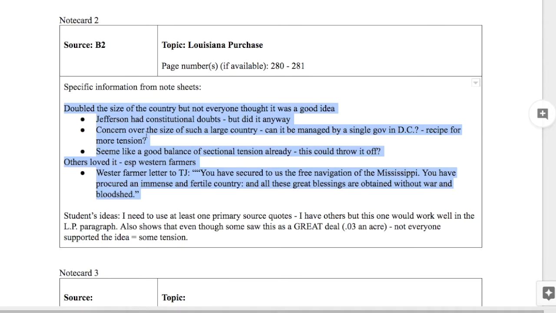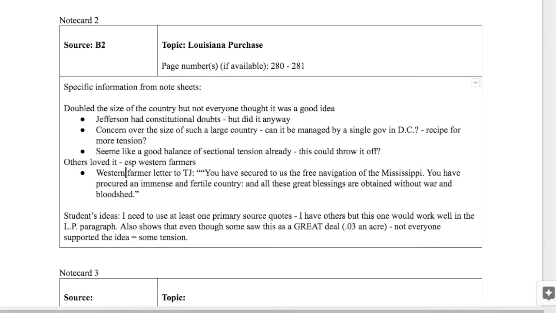Even Jefferson had doubts about it. Concern over the size of such a large country. Can it be managed? But then there's others that loved it, particularly Western farmers. And here's a direct quote from a Western farmer that is being used. This information, in turn, becomes 2 sentences,